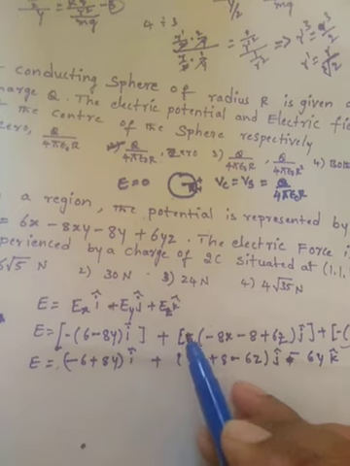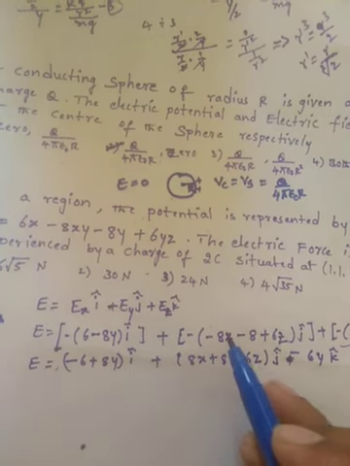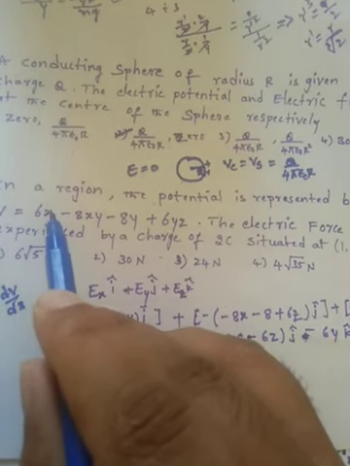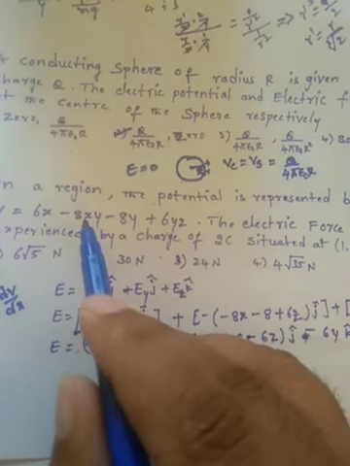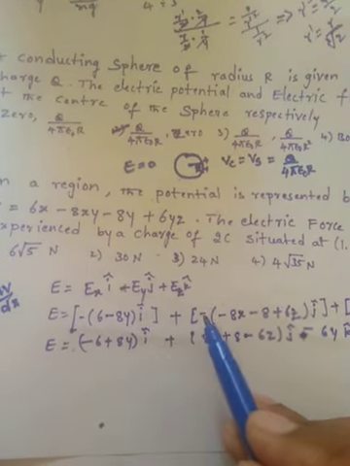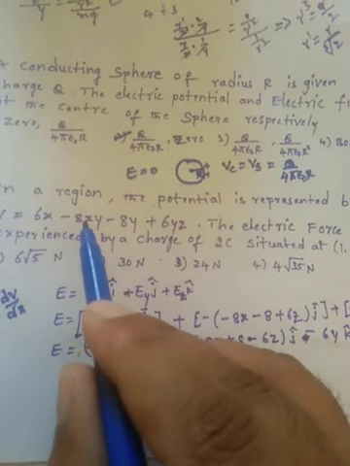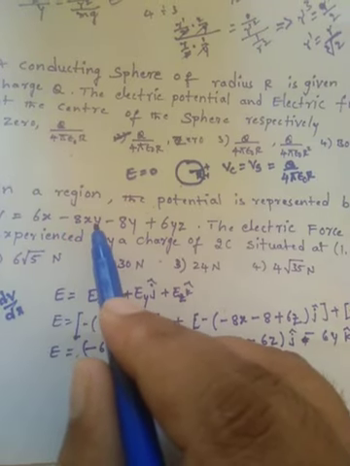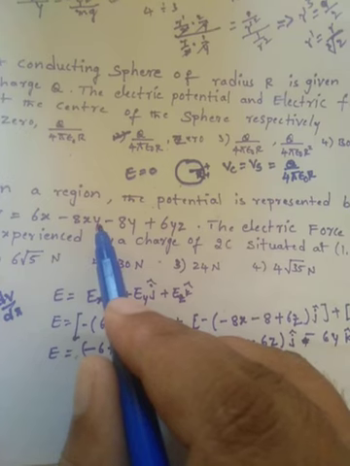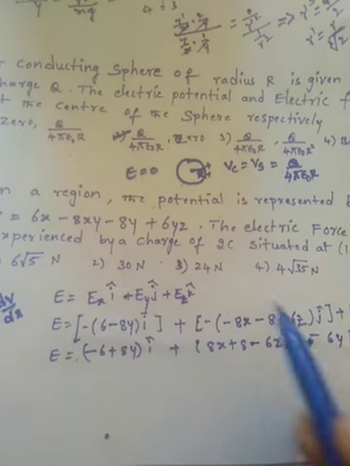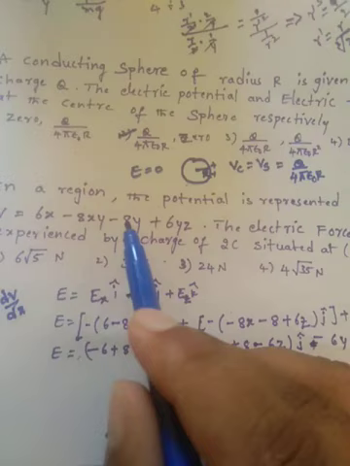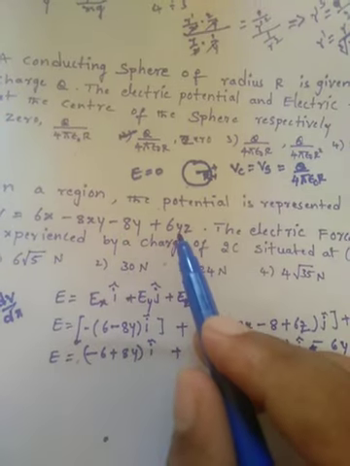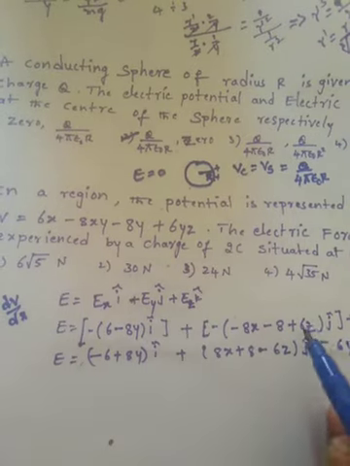here, that is minus dV by dy. We need to differentiate this V with respect to y. We need not take this factor, only this factor, minus of the differentiation with respect to y. So y is not there in the first term, it will be 0. Then the differentiation of y will be 1. Then the remaining minus 8x, and differentiation of y is 1, remaining minus 8, and differentiation of y is 1 and plus 6z j